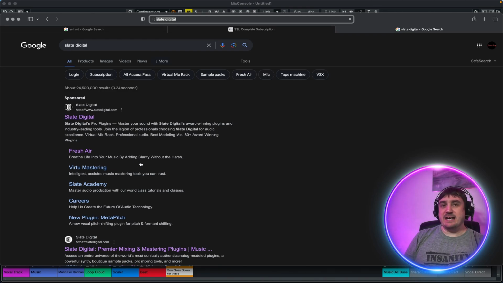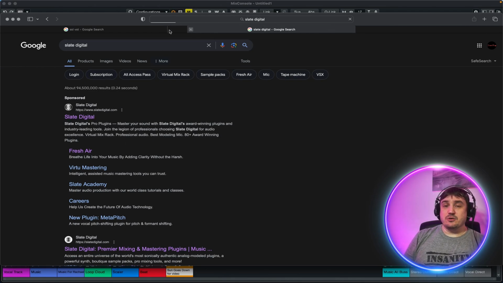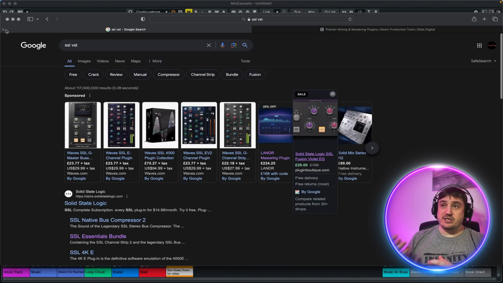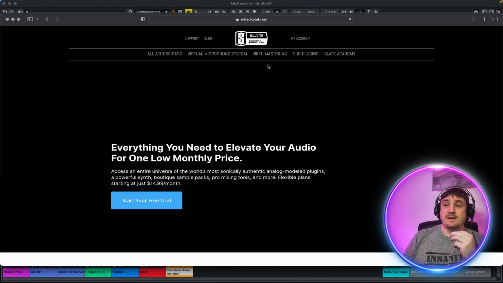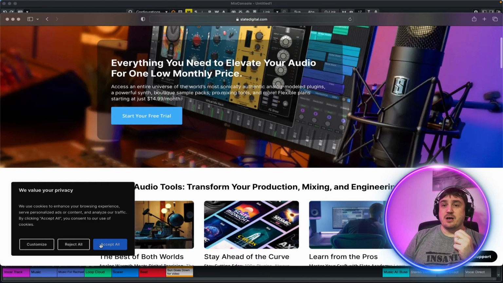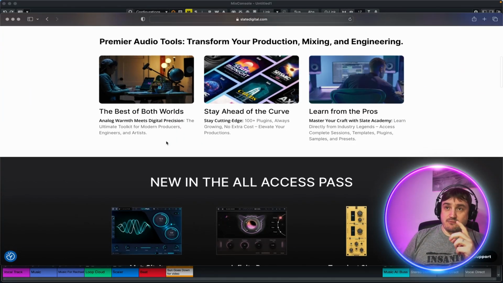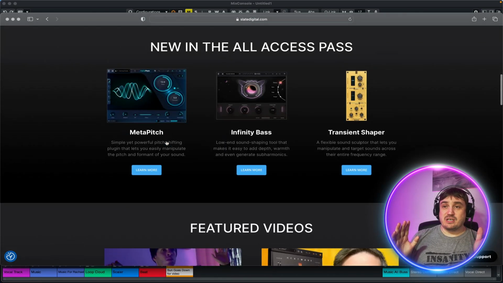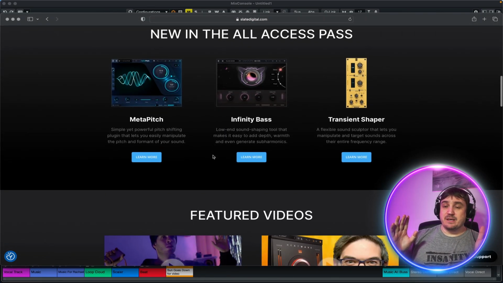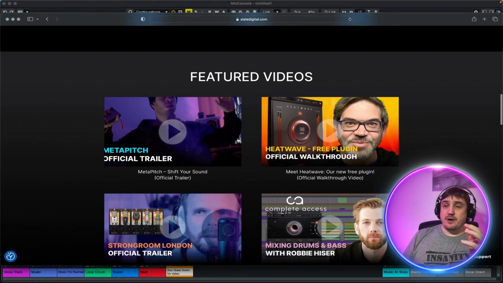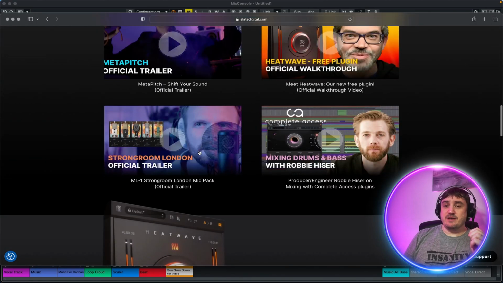And with that, like I say, you get all of the Slate Digital stuff as well, and some really good stuff over at Slate Digital. They do some really good plugins as well. I did have the Slate Digital bundle at one point before the SSL stuff came into it. And there was some really good stuff in there. The EQ, I really loved the EQ in there. I loved the Fresh Air. There's one called Fresh Air. I really liked that. I liked the rack that they've got. I liked using the Neve stuff on it. So some really, really good stuff